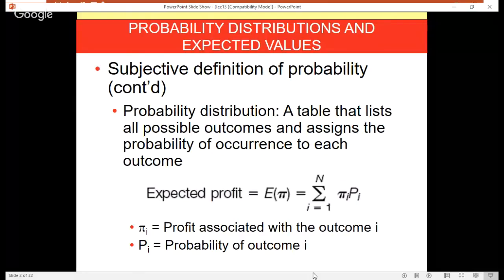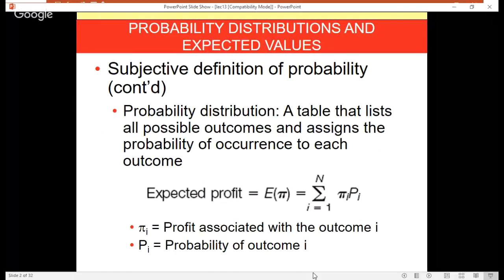So the next thing I'm going to do is we've talked about our weighted average. I'm going to tell you what expected profit is. Oh, I'm sorry, probability distribution. It's a table that lists all possible outcomes and the probability in terms of each outcome. I don't know why they separate out. They should have put this in a different slide, but expected profit is simply the profit